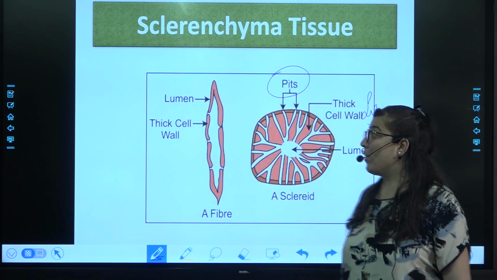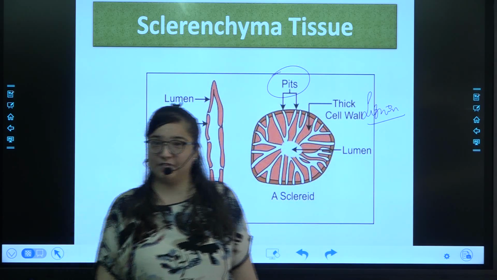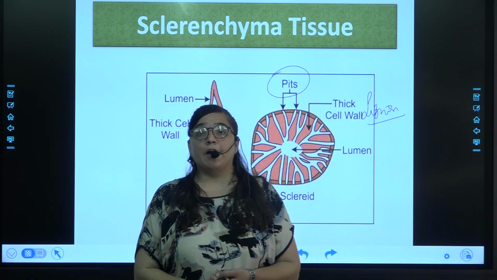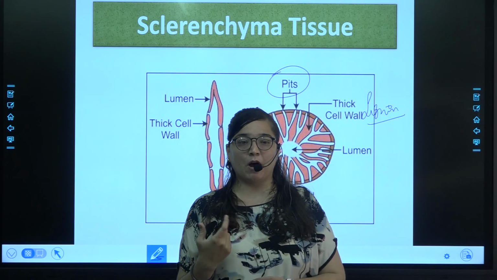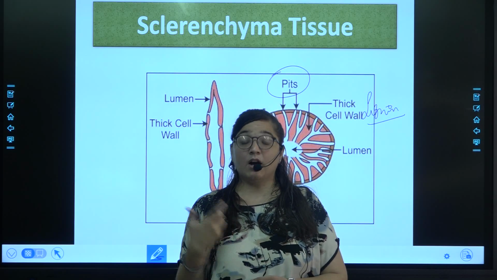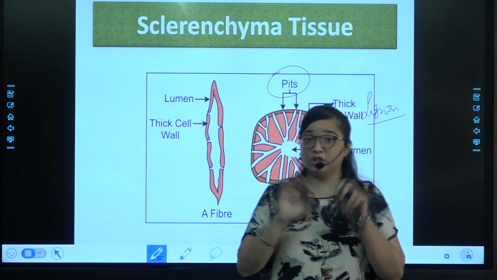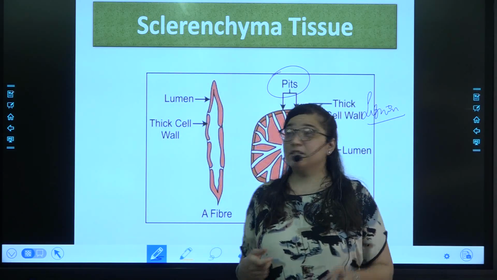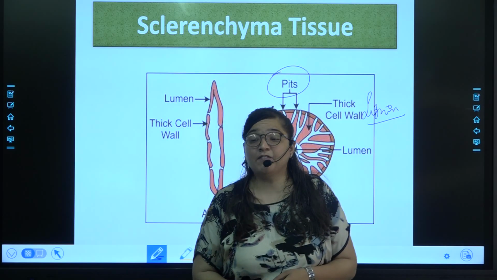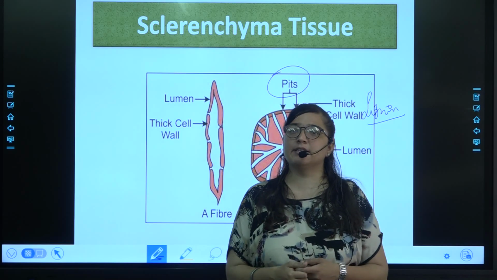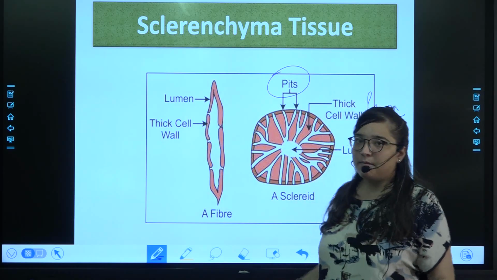Where is sclerenchyma tissue generally found, or what is its basic function? Generally, in all the northern hemisphere parts, we have the spices. Then you might have heard about the husk of the coconut. The fibrous part of the coconut, which type of tissue is it? It is sclerenchyma tissue. Then it is generally found in the grit of the fruits, that is, the gritty part, it is generally seen. Okay, so that is about the sclerenchyma tissue.